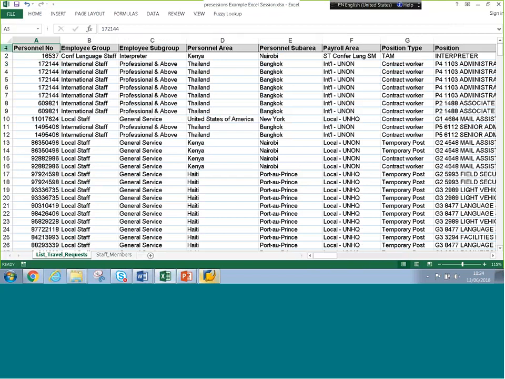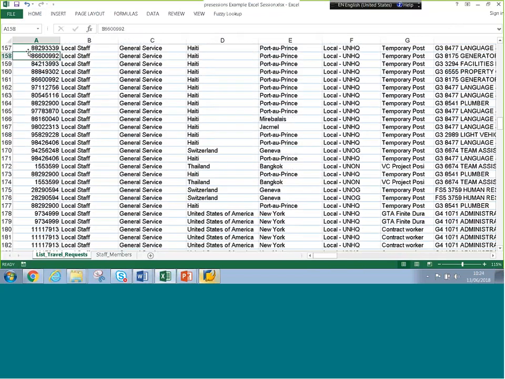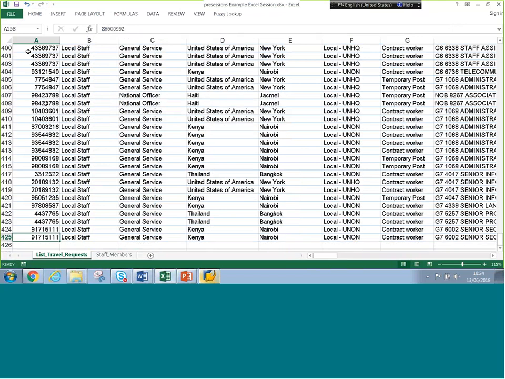We can see that the first row corresponds to headers, right? So we have all the different columns with a proper header, and a bunch of data. In this Excel, we have a total of 424 trips, so we have 425 rows. The first row corresponds to the header. So in total, we have 424 different trips, and we are going to be building pivot tables to summarize this list